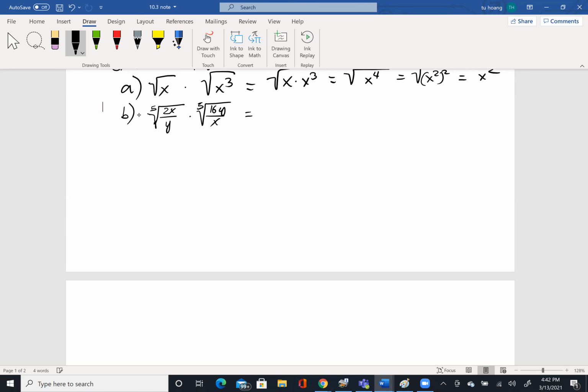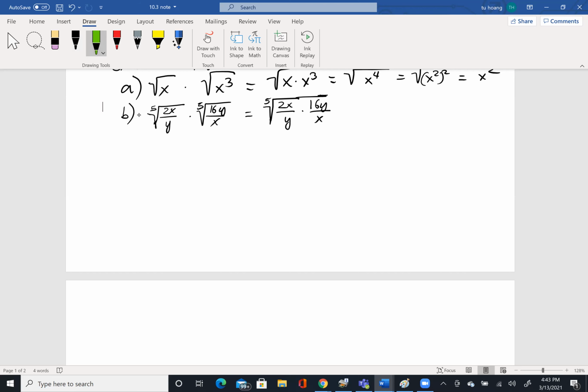So we have the same index radical. Then we can apply the product rule for the radical and have 2x over y multiplied by 16y over x with the fifth root over here. And when you do multiply inside of the radical,